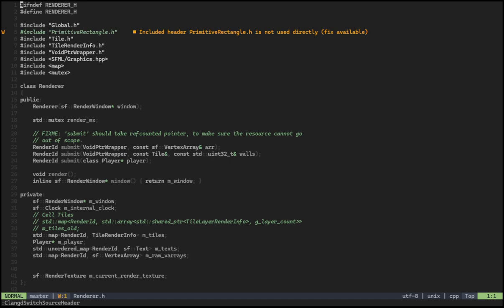The renderer is created with a window, and then it has a mutex. Okay, that's not great, but I guess this is multi-threaded in some capacity, so that's fair enough. We got a clock here. We got all the tiles. Yeah, okay, so it's a tile map. I guess this whole engine is based on the idea of rendering 2D dungeons, so there's no